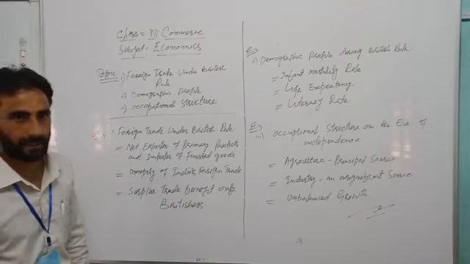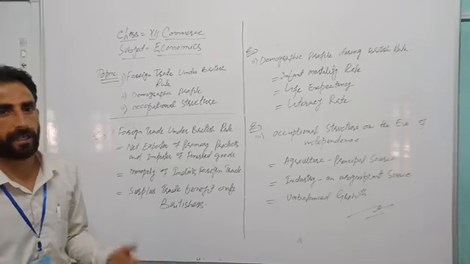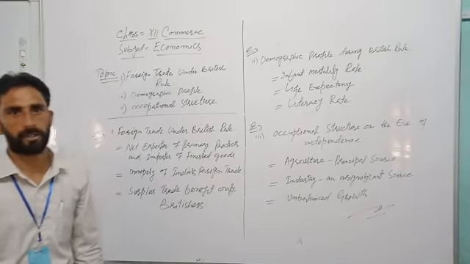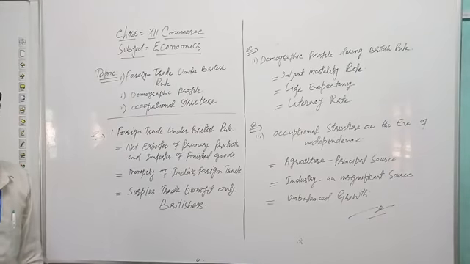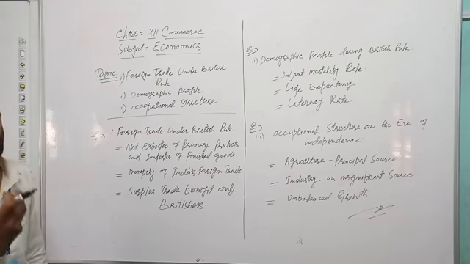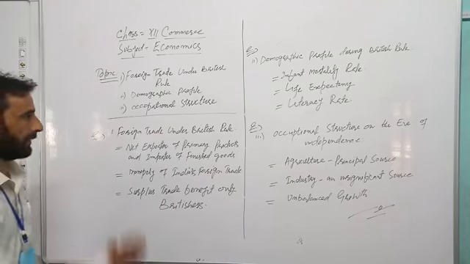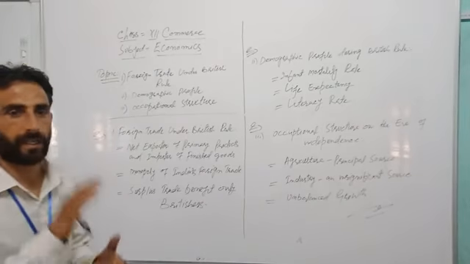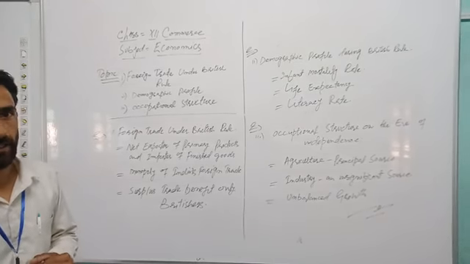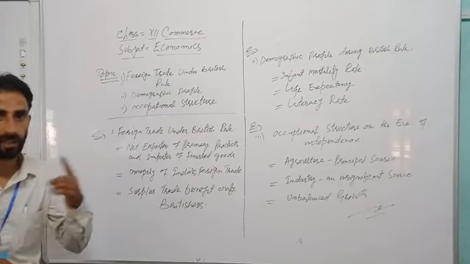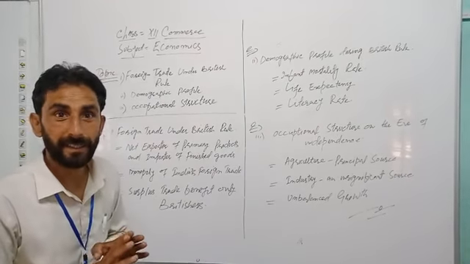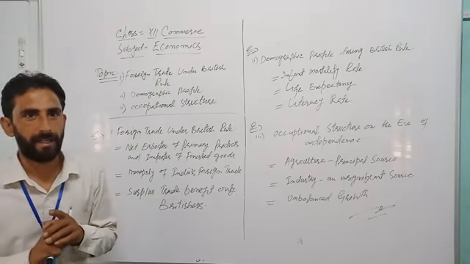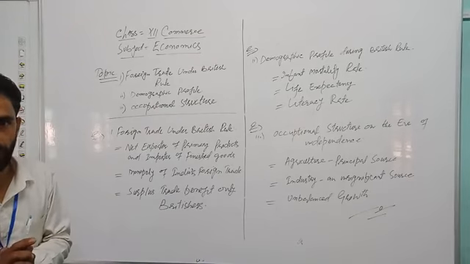Today we will discuss firstly what is meant by foreign trade under British rule. Foreign trade means imports and exports. India was very famous for exports before the Britishers. But Britishers converted our foreign trade to the negative side, because for a country exports are good and imports are bad. Imports are not good for the economy, exports are good for the economy.